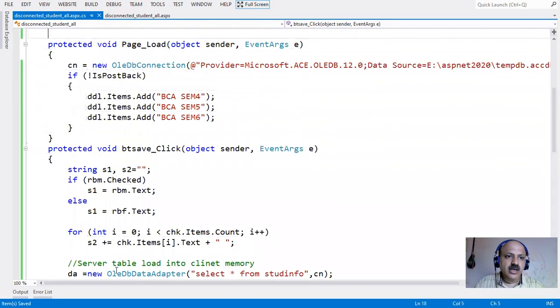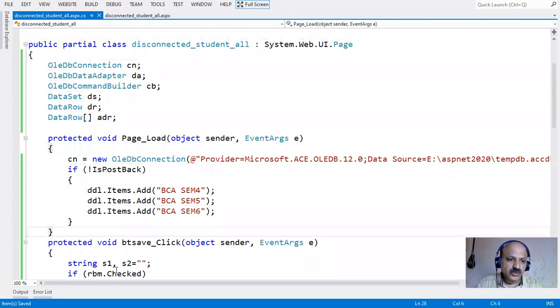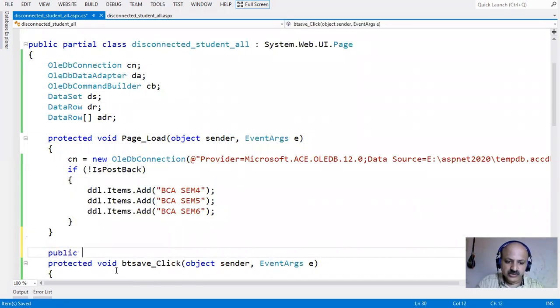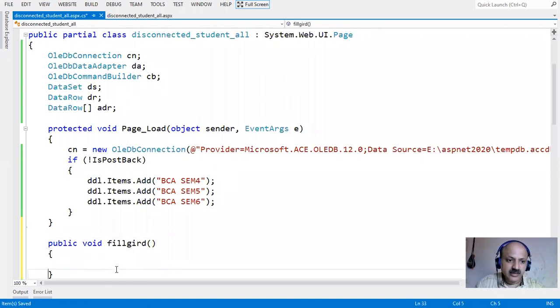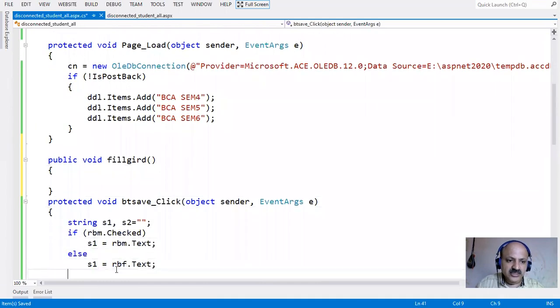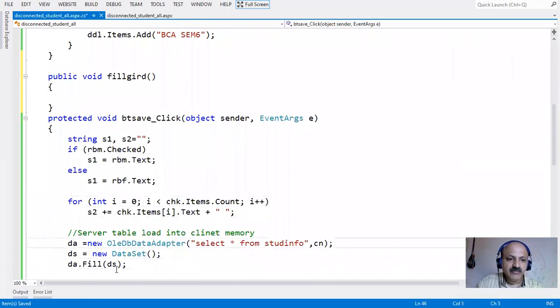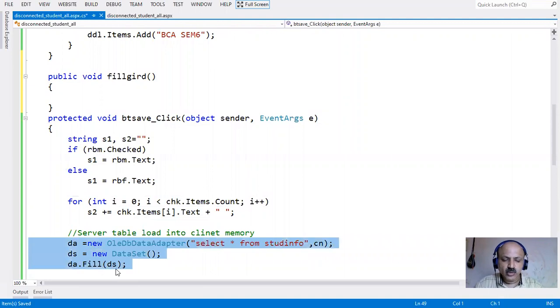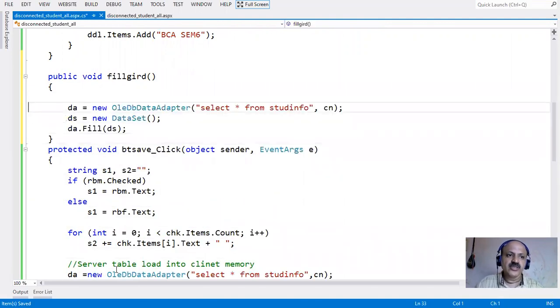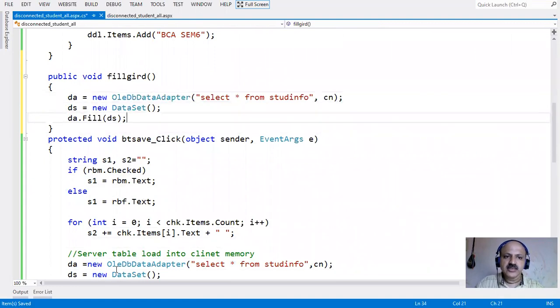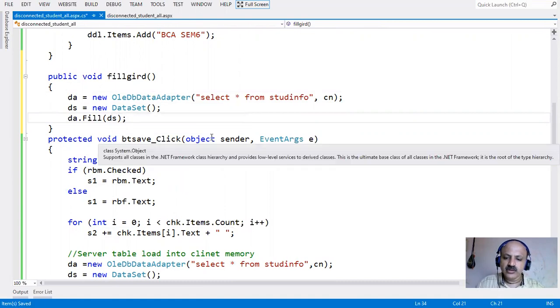Yes, and now we can display also. So here I can make one public user defined method, fill grid. So filling the grid, that is the meaning, and here I write, copying these three lines because these three lines are used everywhere. So first, for any operation, we take the server table into client memory. So these three lines are fixed. Okay, select query, connection passed in data adapter, dataset memory, and fill loads the table with the fill method.